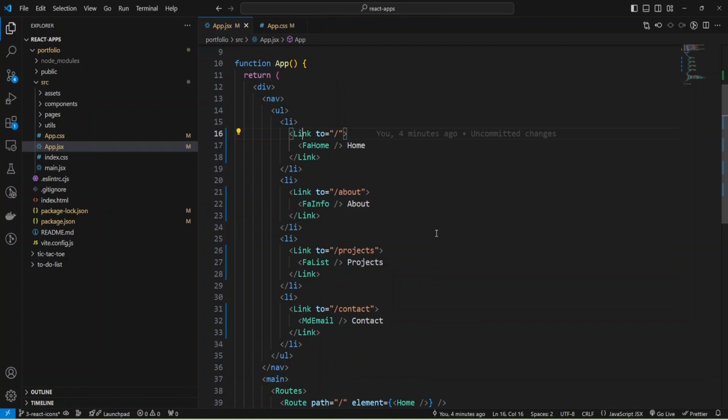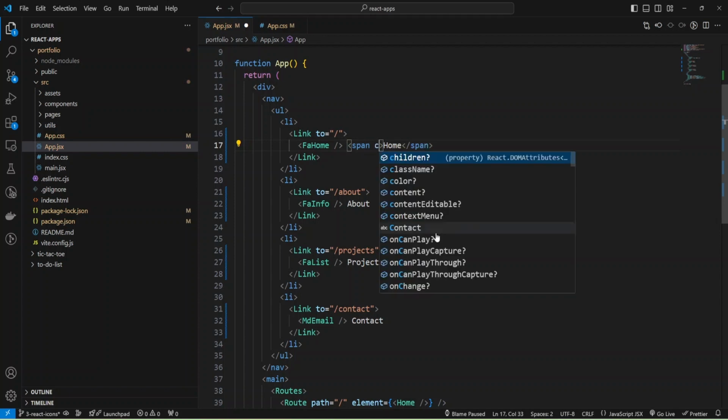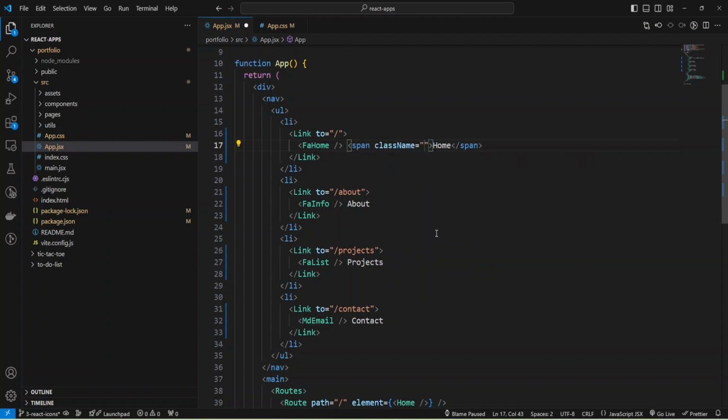Let me do it. I'm going to add some span to my text. Span and close it, and add some class name. And class name will be padding left, and put 2.